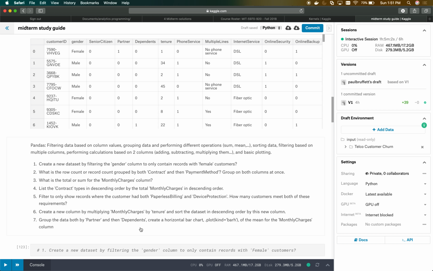And so this is a pretty good exercise of the kinds of things you'll need to do for the midterm as far as pandas goes. Let's take